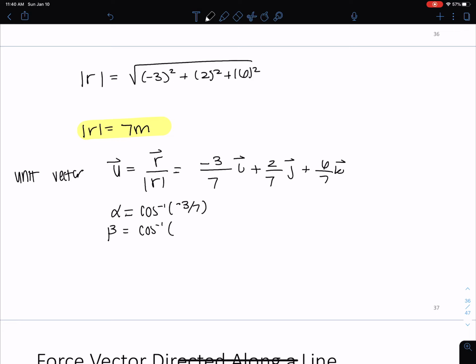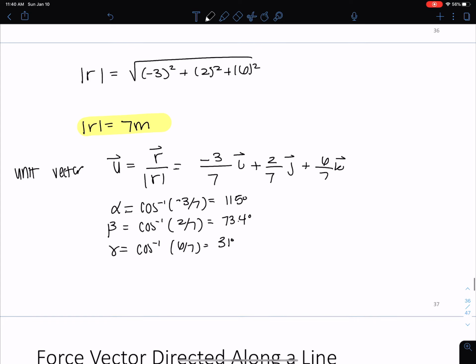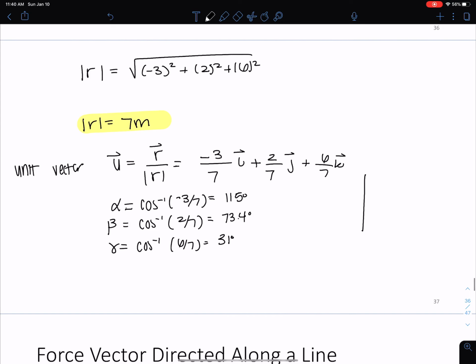This is the definition of my cosine vector. I just take it from the unit vector. And I get 115 degrees, 73.4 degrees, and these are always measured from the positive. So if I'm going to draw those out here,